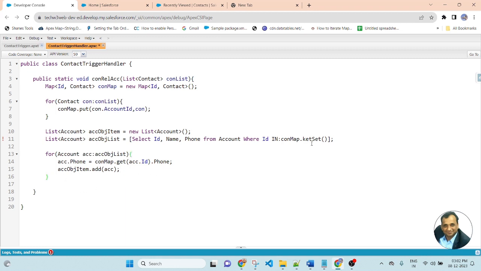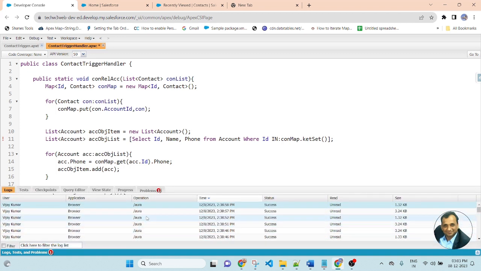After the for loop, I will check if this account object item is not empty, then update the list of account here. Then save the file. Now I am getting an error. Let me check.